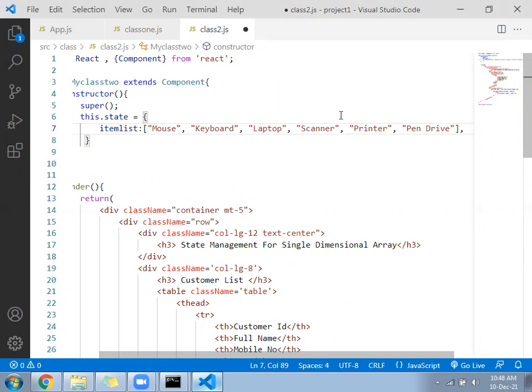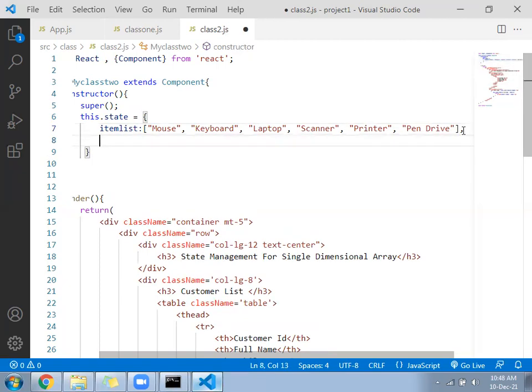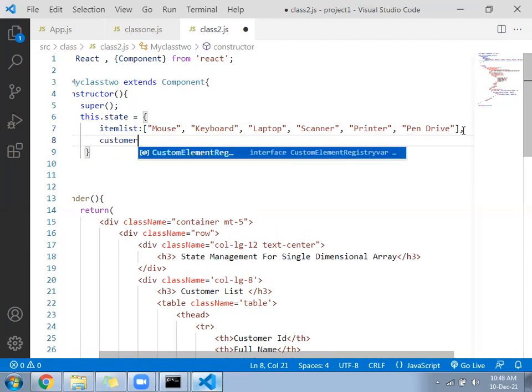After that, put the comma, right? We are going to create one more array here. That is called user or maybe customer. Customer.